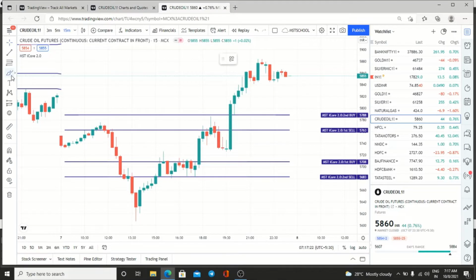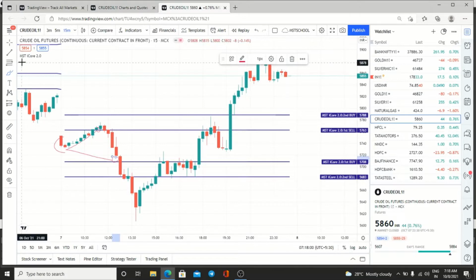If the market has opened and reached first here, then you have to sell. If it has reached first here, then you have to buy. Whichever triggers first, you trade that side and ignore the other side. This is a very basic rule. I am repeating: whichever triggers first, that side you trade, the other side you ignore. If you are a risky trader, you can trade both sides. How to identify the reversal point? Those things we will teach you in this video itself.